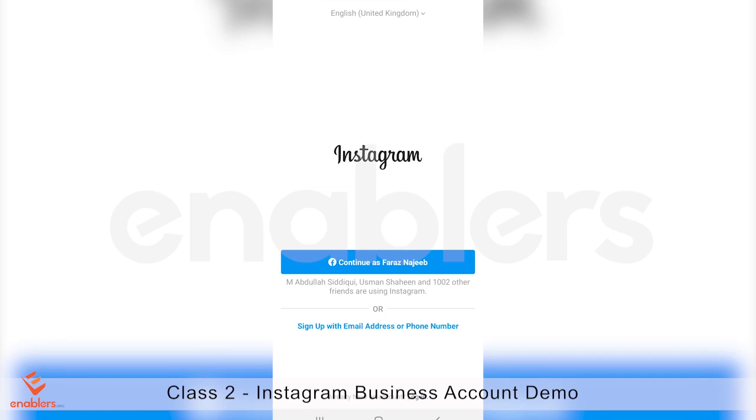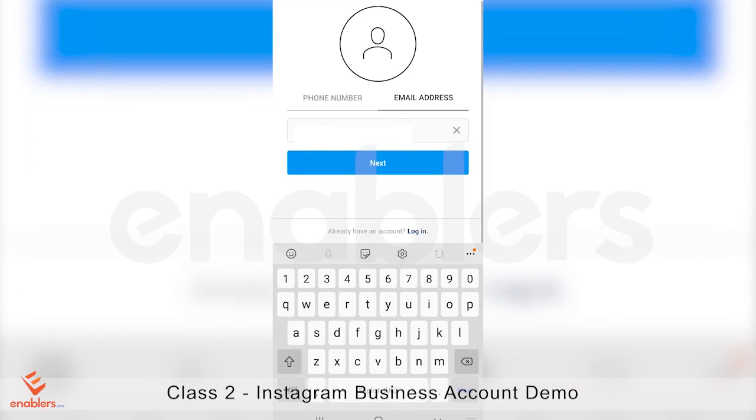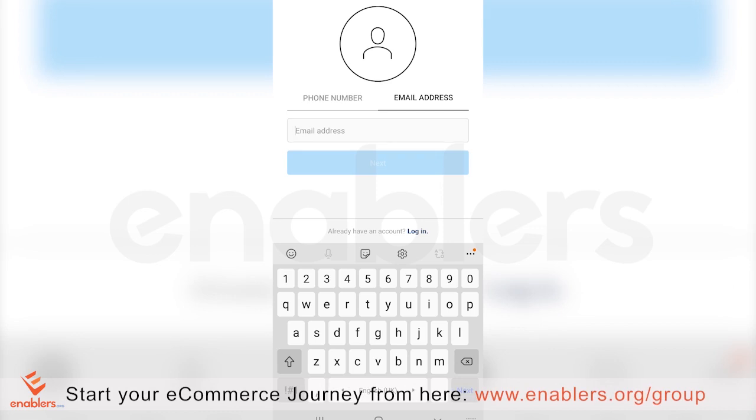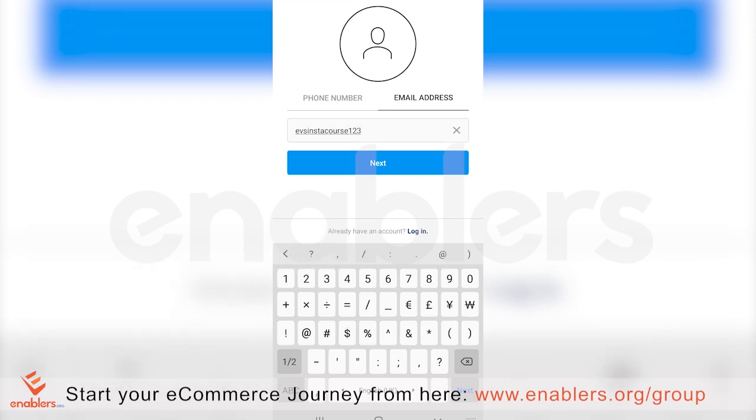इंस्टाग्राम का एक प्रो अकाउंट आपने किस तरह से बनाना है। तो सबसे पहले आप इंस्टाग्राम की स्क्रीन पे जाएंगे और आपको नज़र आएगा साइन अप विद एन ईमेल एड्रेस और फ़ोन नंबर। तो जस्ट क्लिक हेयर एंड सबसे पहले आपके पास ऑप्शन आती है फ़ोन नंबर डालें या अपना ईमेल एड्रेस डालें। मैंने एक ईमेल एड्रेस अभी रिसेंटली बनाया इस डेमोंस्ट्रेशन के लिए, तो मैं वो ईमेल एड्रेस यहाँ पे डाल देता हूँ। दैट इज़ EVS Insta course 123